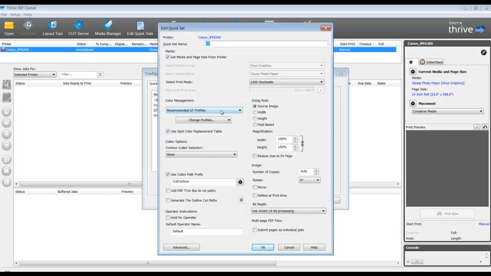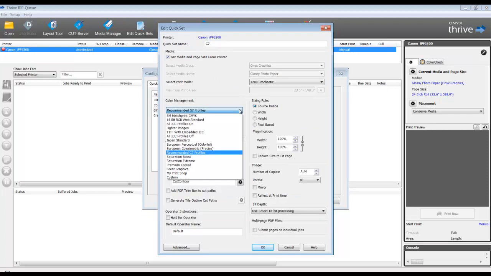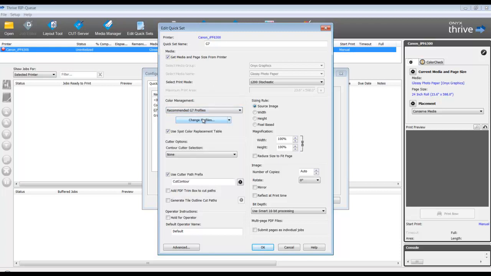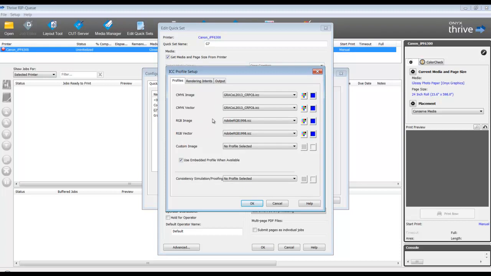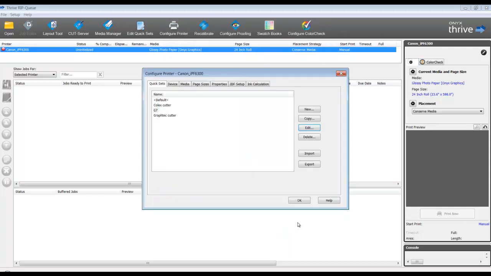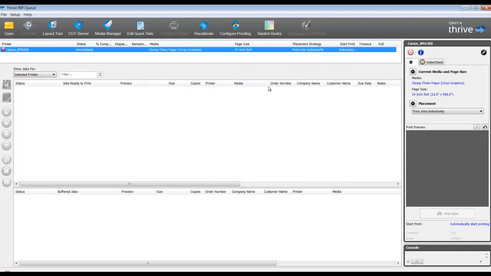And I selected from the preset pull-down menu, I changed from all ICC profiles on, I changed this to recommended G7 profiles. When I select the Change Profiles button, I can now see it's the Grackle standard as well as the Adobe 1998 standard. And it's those choices in the G7 environment that will give me the full suite of test targets. I'll return to Color Check.